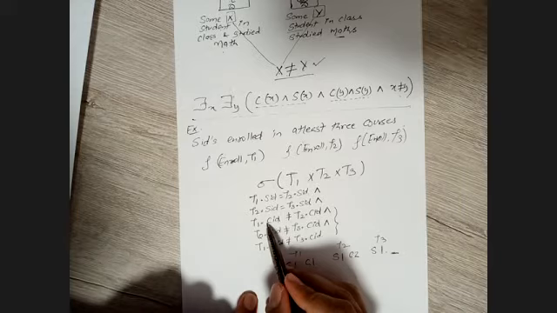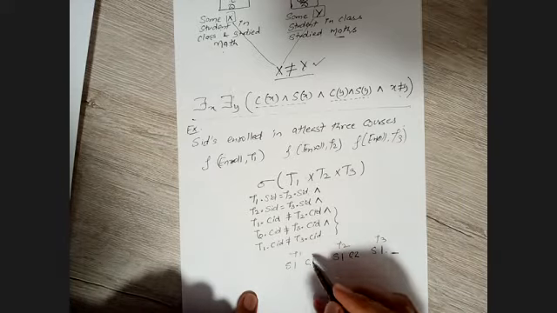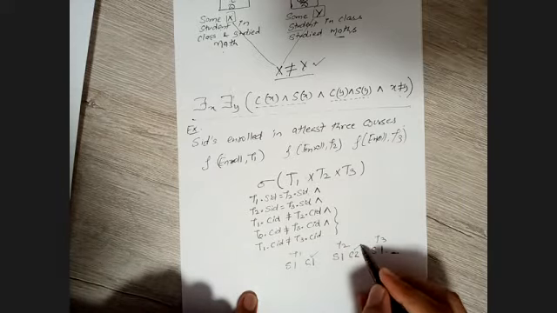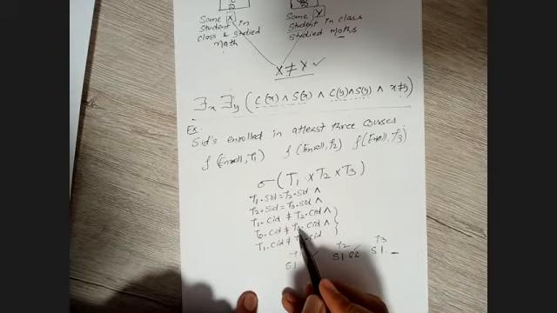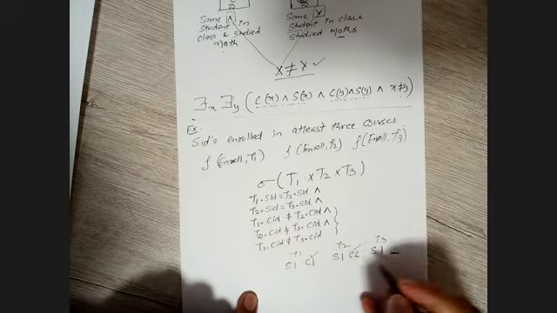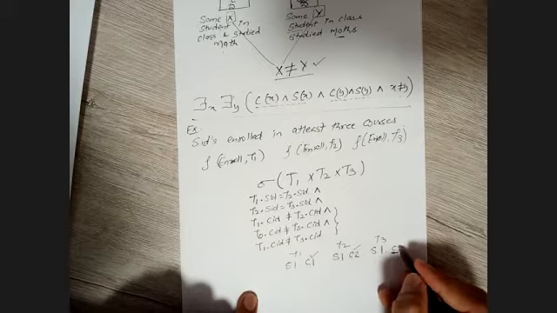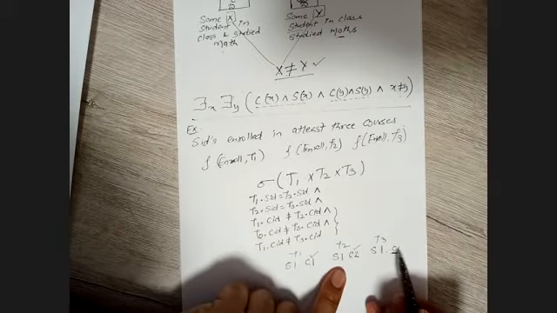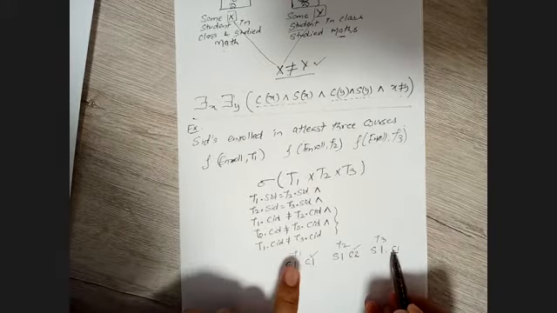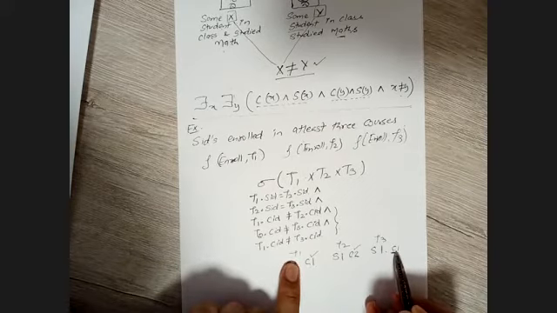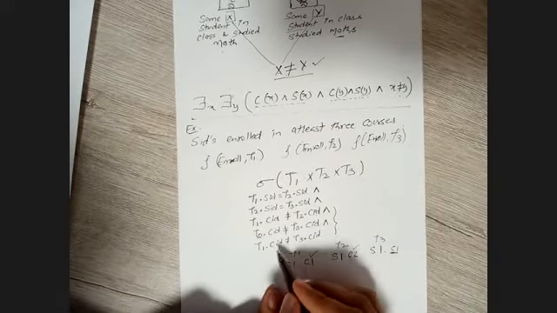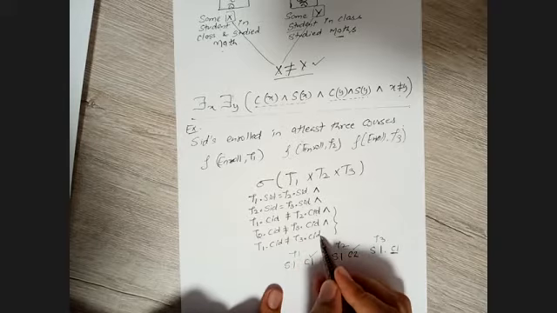Here T1.CID not equals to T2.CID, that's fine. This one not equals to this one. T2.CID should not be equal to T3.CID. If I write here C1, T2.CID is not equal to T3.CID, but T1.CID is equal to T3.CID, that should not be there. So for that purpose, we have written this condition as well.